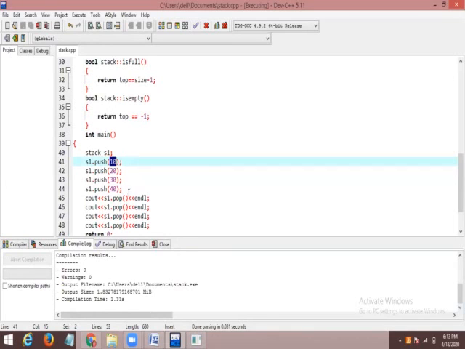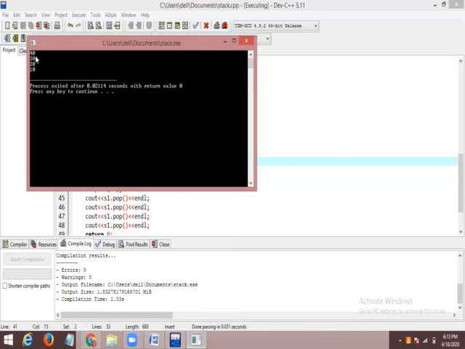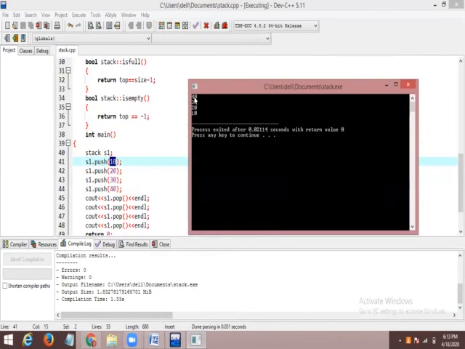Pop operation is nothing but popping out, last in first out, just now I said. So last in is 40. So first it is taking out the 40 value, 30 value, 20 value, 10 value. This is how the pop operation will take place.